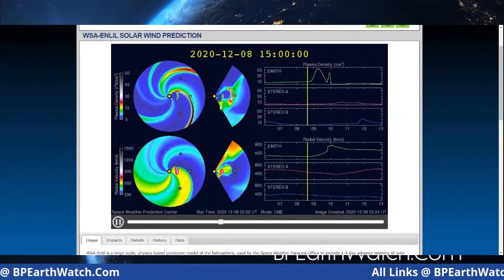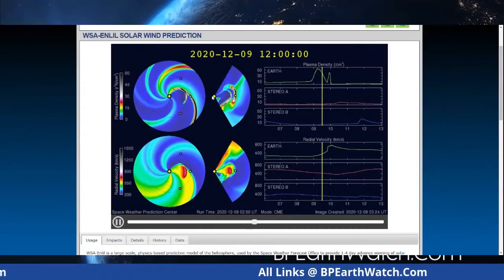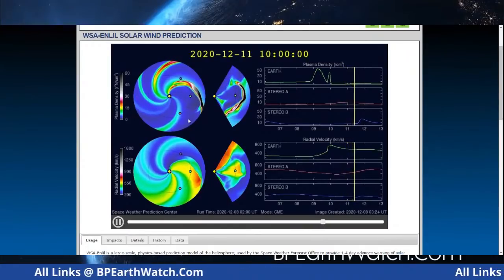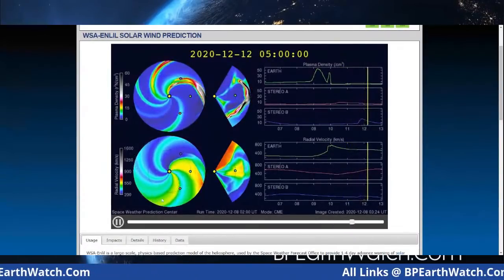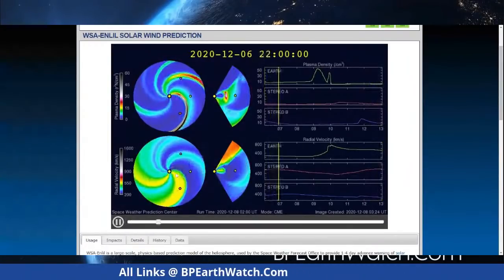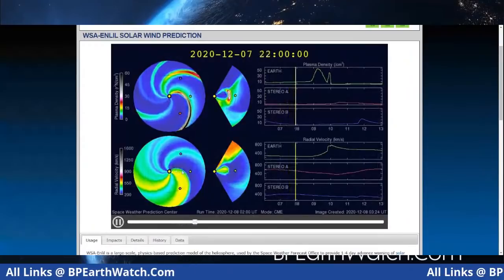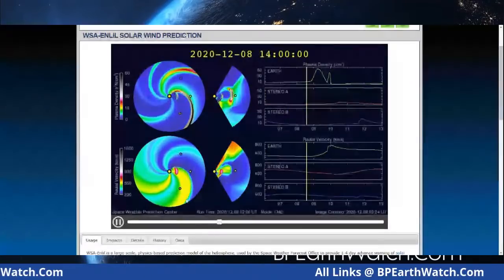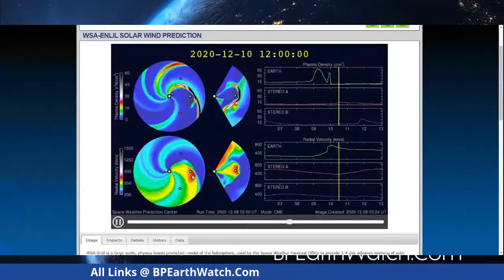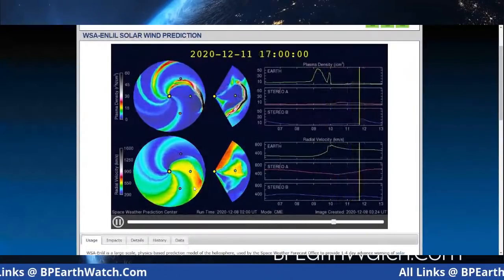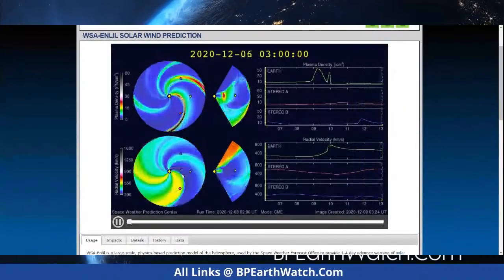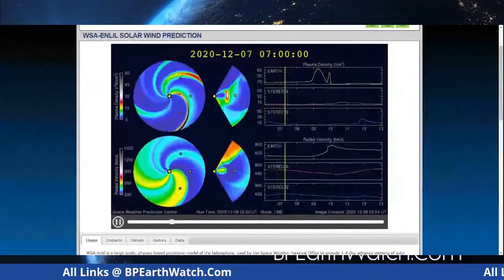And again, you can see it. They've got it broken down in a couple of different ways. In this one, you're seeing both waves. Here in this bottom circle, again, sun in the center, Earth to the right, you're seeing the planetary magnetic field, this wave. And you see how wide it is compared to the one behind it. But in this red cloud, which is several times larger than our planet, just pay attention to that as we come back through. That is the coronal mass ejection that we're watching.